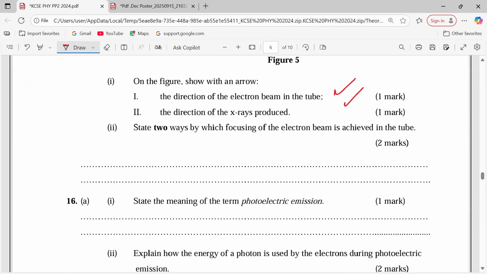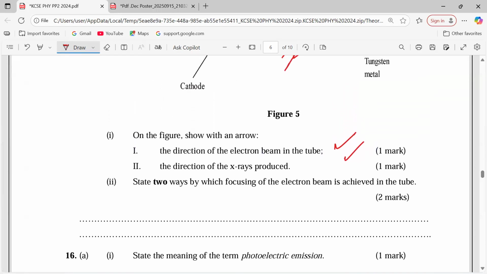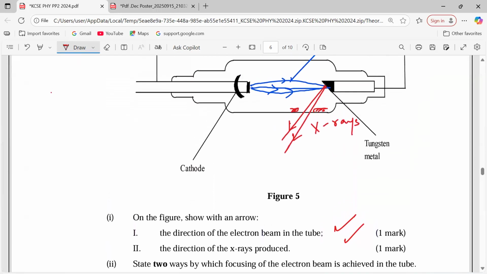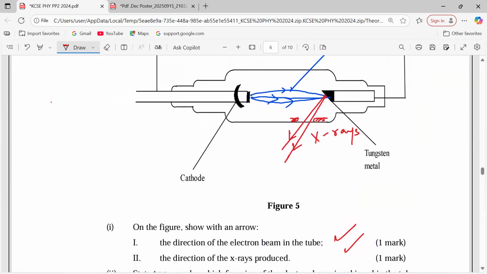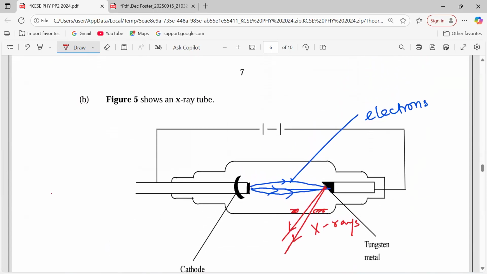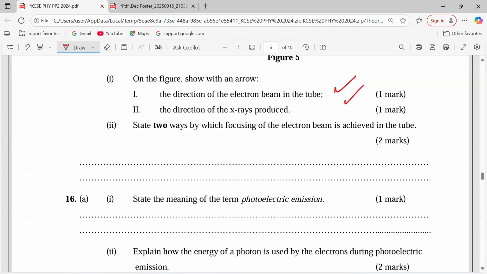Now we can check something in Roman 2 of the same. State two ways by which focusing the electron beam is achieved in the tube. One, we ensure that there exists a very big potential difference between the anode and the cathode. Actually, they are connected to what we call an extra high tension. So one way of ensuring that the electron beam is attracted is the big potential difference